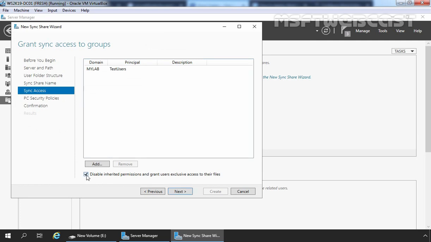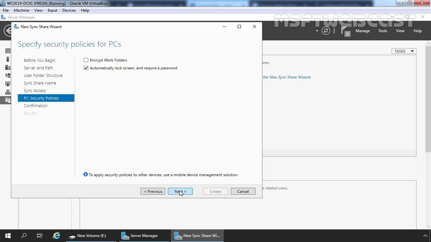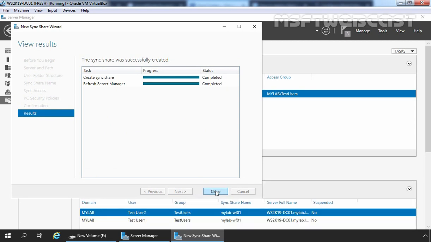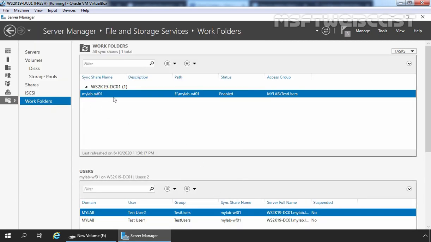Also, I'm going to clear the checkbox as we don't want to grant users exclusive access, so our admin can also access the content of that folder. Click Next again, and click on Create. Click on Close. And here we can verify that our work folder has been successfully created on our domain controller.